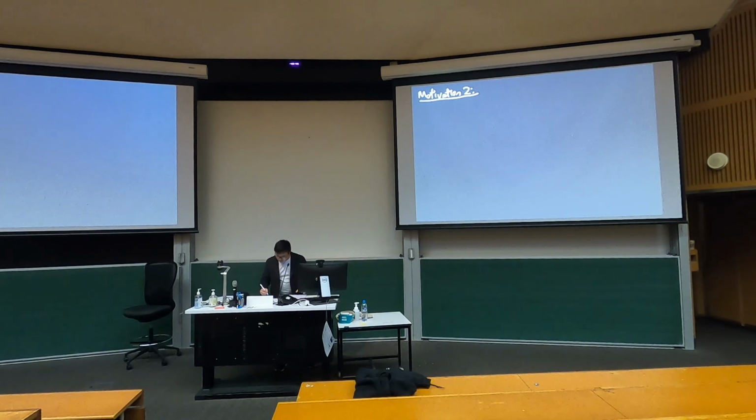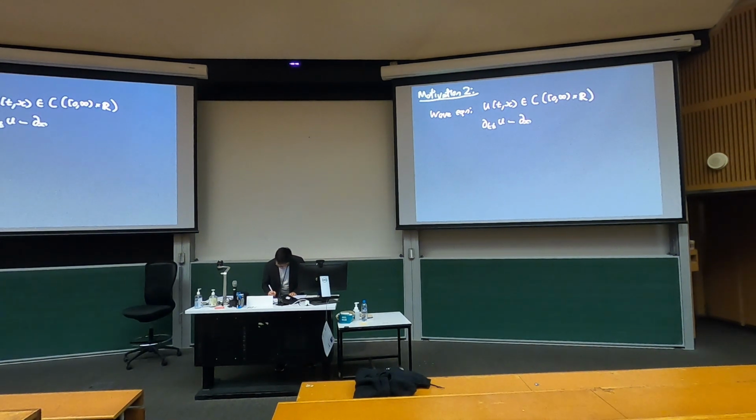So to do that, I'm going to take a look at a specific example. We're going to look at the wave equation. And this is going to be the wave equation in one dimension. So we're going to look at solutions, taking variables in time and space, which are continuous. Okay? So they're continuous on the time and space. And the equation that we're looking at is going to be the following. It's going to be 2 time derivatives of u minus 2 spatial derivatives of u need to be equal to 0. Okay? And so this is known as the wave equation, and basically